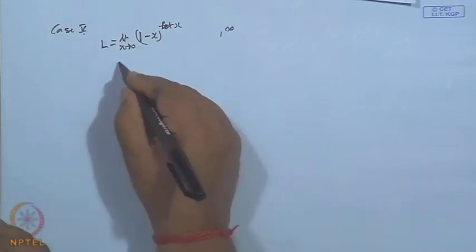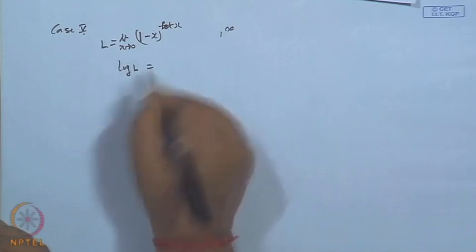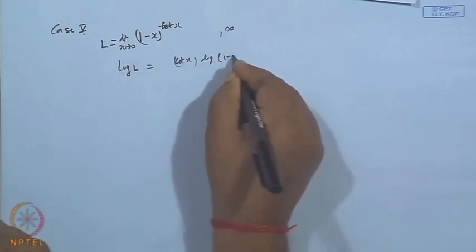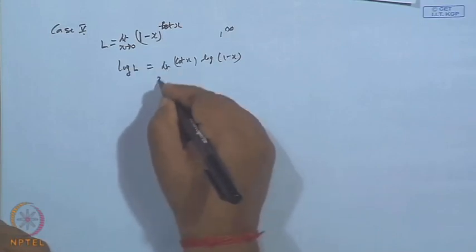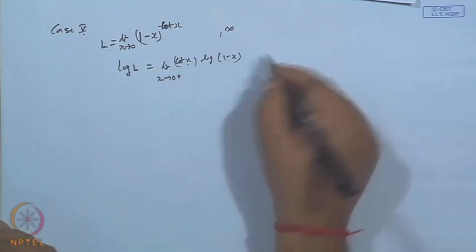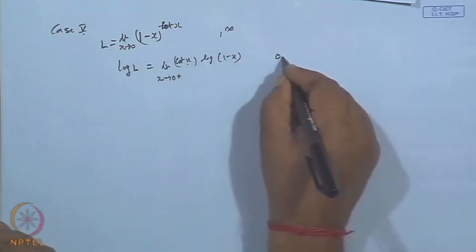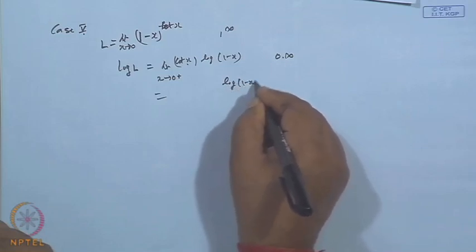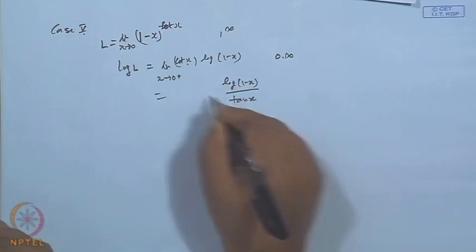Take L and then log L. So, log L will be equal to what? Cot x into log of 1 minus x, and x tends to 0 plus. So, cot 0 is infinity, and log 1 is 0. So, it is 0 into infinity. Then again you can write log of 1 minus x divided by tan x, and x tends